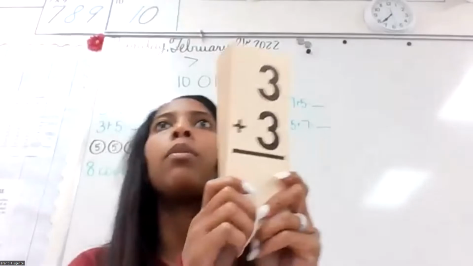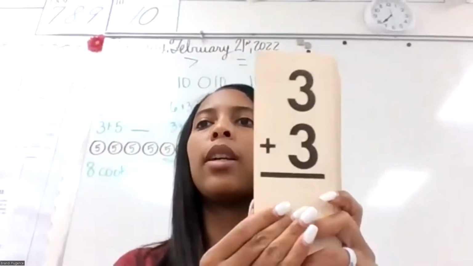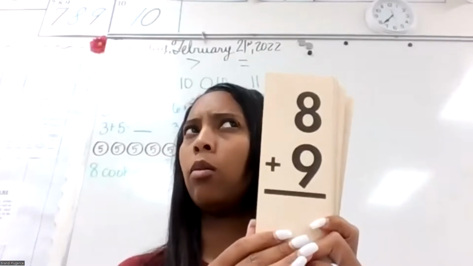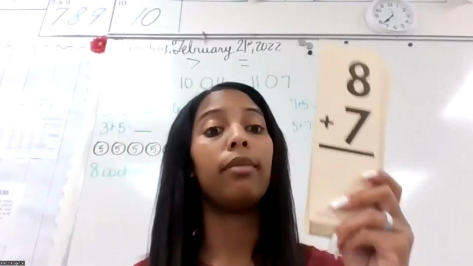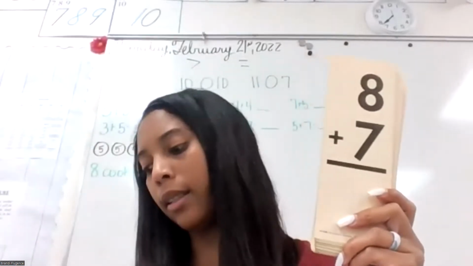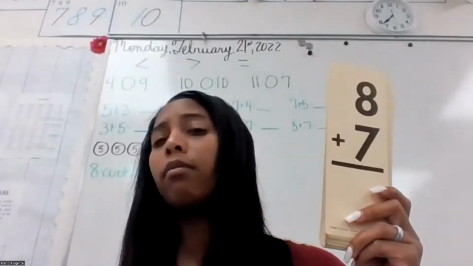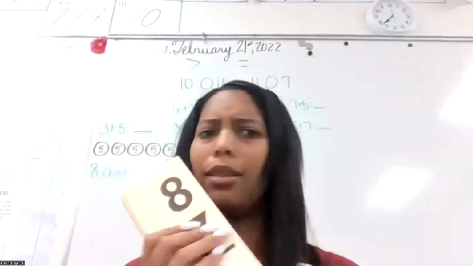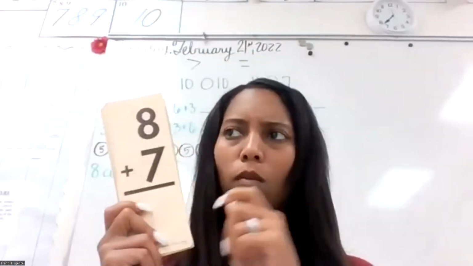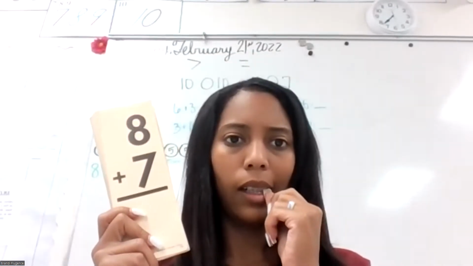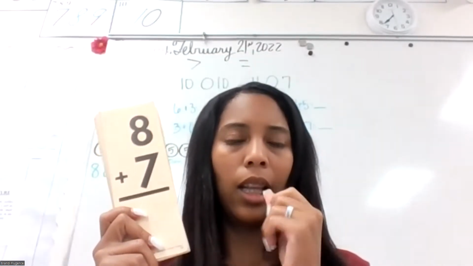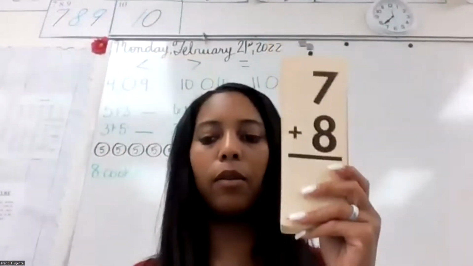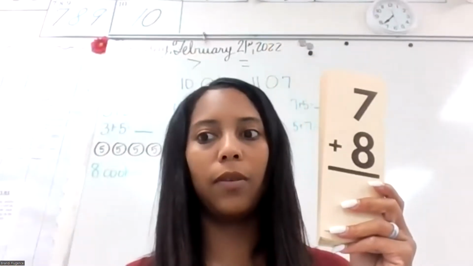Okay, 3 plus 3 equals 6. 8 plus 9 equals 17. 8 plus 7 equals 13. I don't know about that. No. 15. Same thing. 7 plus 8 equals